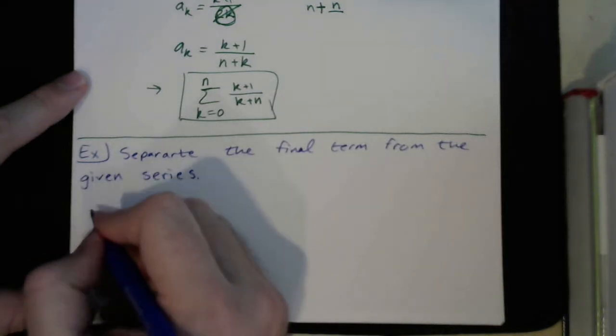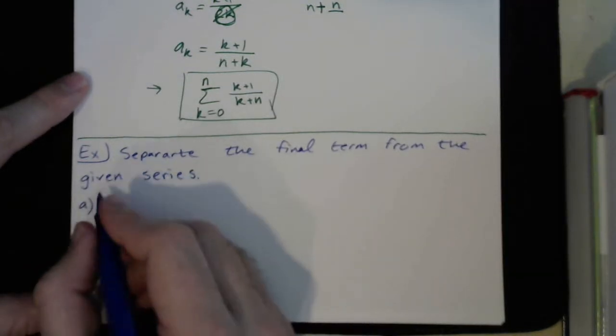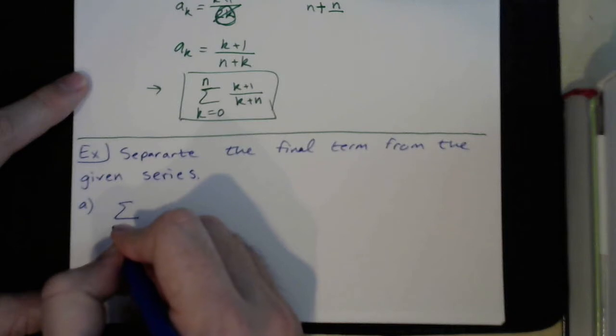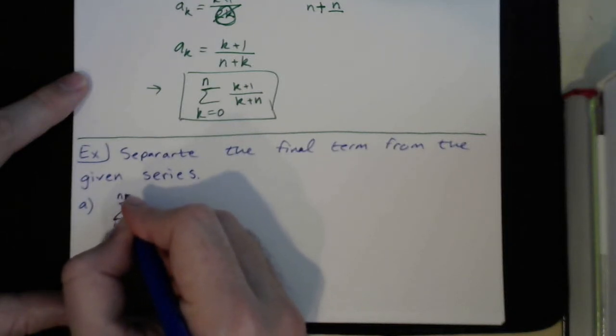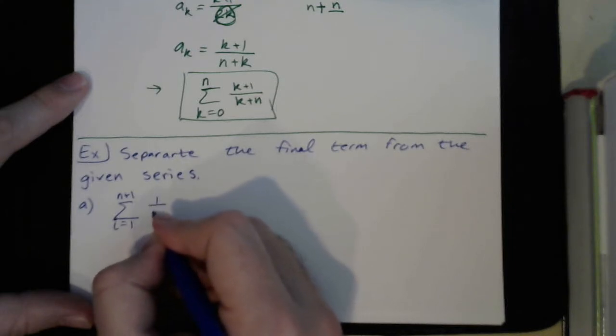And our series, we're going to do 2 of them. We'll have the sum from i equals 1 to n plus 1 of 1 over i squared,